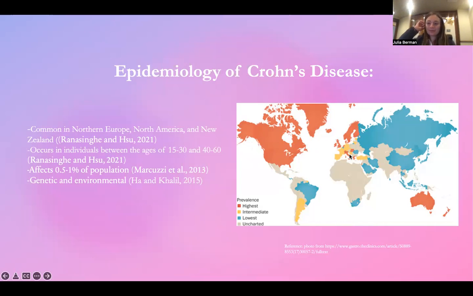And it sort of begs the question as to whether the environmental conditions of these regions of the world, they're mainly in the northern hemisphere, somehow impact the gut microbiome, which leads to the presentation of Crohn's